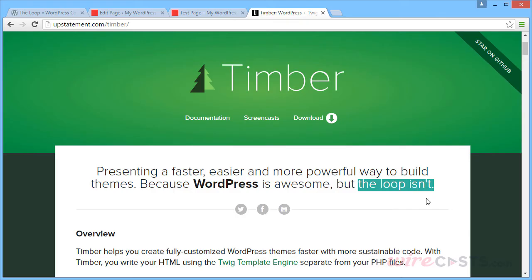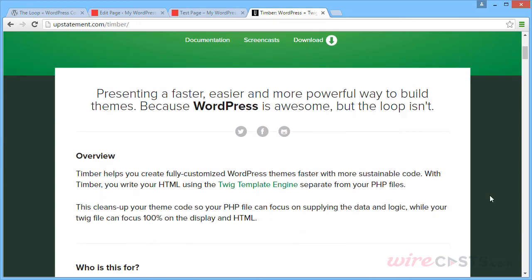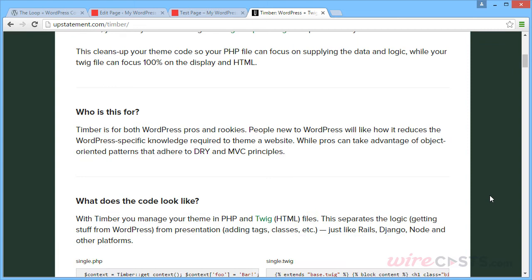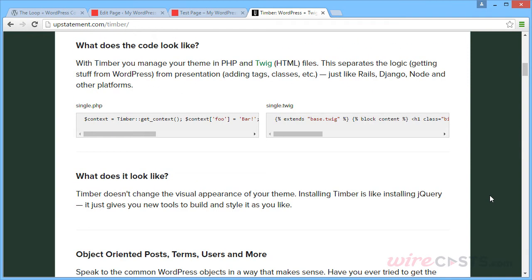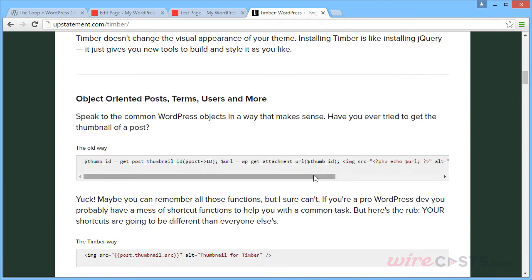For those who are not satisfied with using the loop or WordPress's special template tags like the title, the excerpt, the permalink, the thumbnail, and so on, there is a project like Timber which allows you to write code in a more straightforward fashion. Let's take a look at an example of how much cleaner your template code can be by using Timber. So here's an example they've demonstrated which shows you how to get the thumbnail of a post